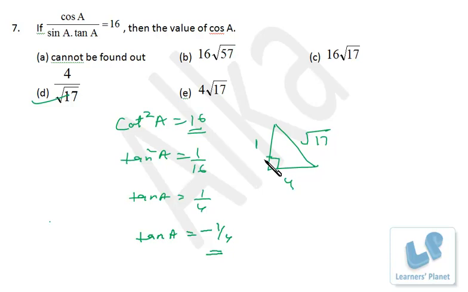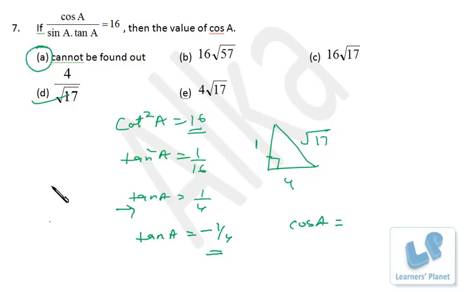See, these are lengths only, that is unit 4 and root 17, right? But we have to consider the sign also. So if we consider that, what would happen? A is not in the first or third quadrant, A is in the second or fourth quadrant, right? So if A is in the second quadrant, cos A will be negative, so that's minus 4 by root 17, okay? Or if A is in the first quadrant like this, then cos A will be positive, so that's 4 by root 17. So we have two possible values of cos A, that's 4 by root 17 and minus 4 by root 17, right? So if you know this concept, then you will mark this answer.